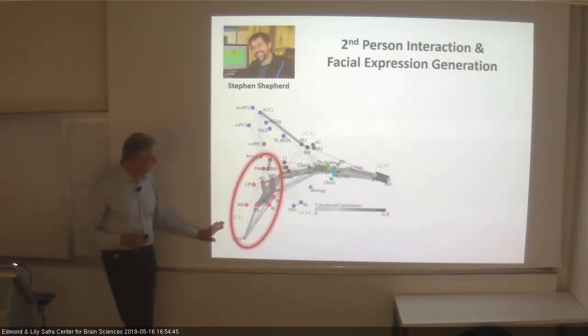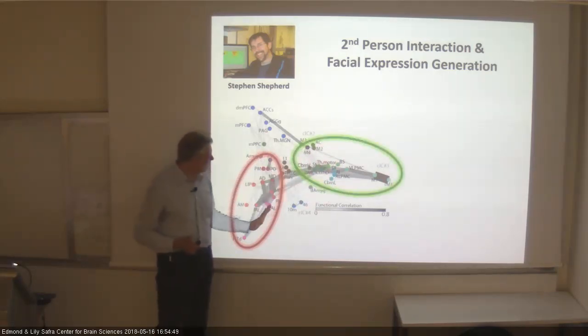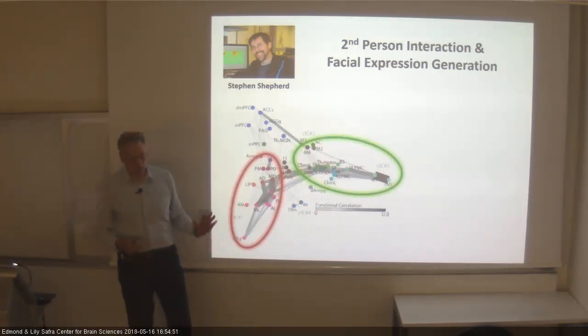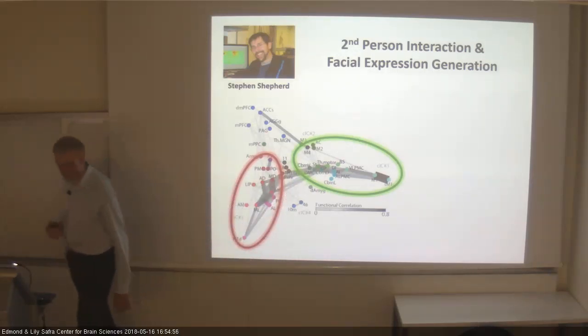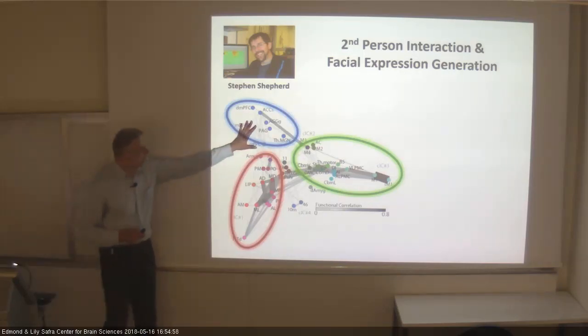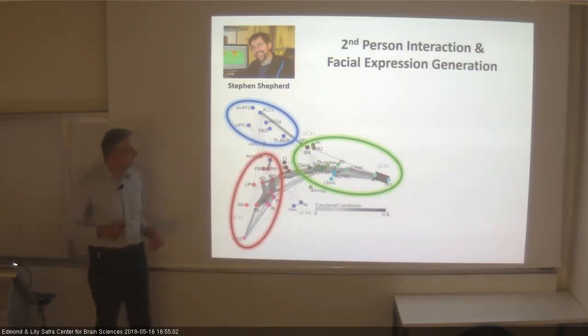The brief message is we have a network for face perception, we have a network for the generation of facial movement, and there's relatively little functional interaction between them. All that we found is actually subcortical and not between the cortical areas themselves. And then we have this third network, again with weak interactions only to one of the motor areas that is selected for this